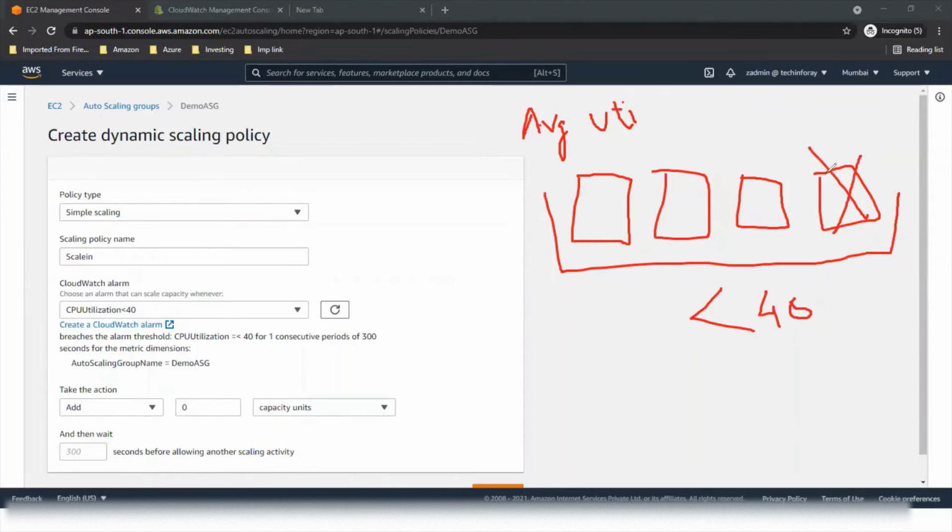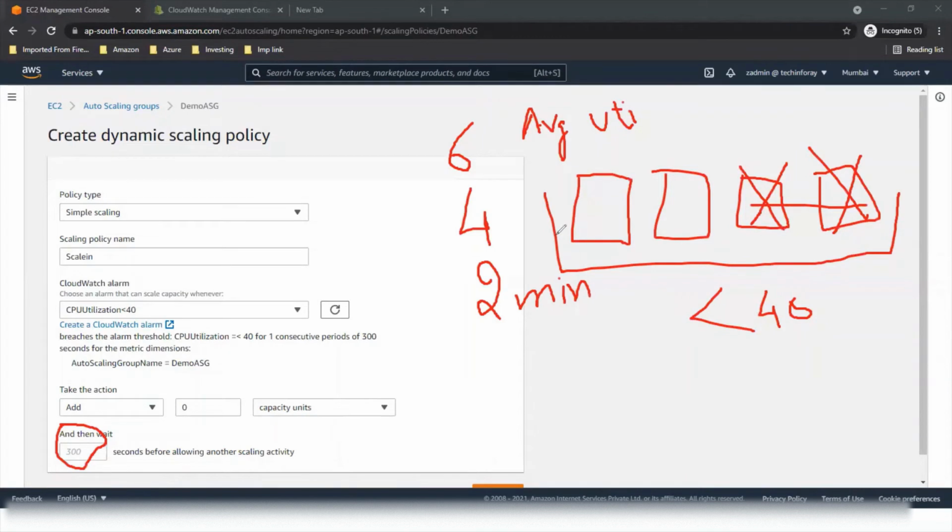And again, after this policy takes action, it waits for another minute, and you can mention the number of seconds. In case the utilization is still less than 40, remove another machine. But we have kept our desired capacity 4, minimum 2, maximum 6. So it will come to our minimum capacity, removing 2 machines out of this.